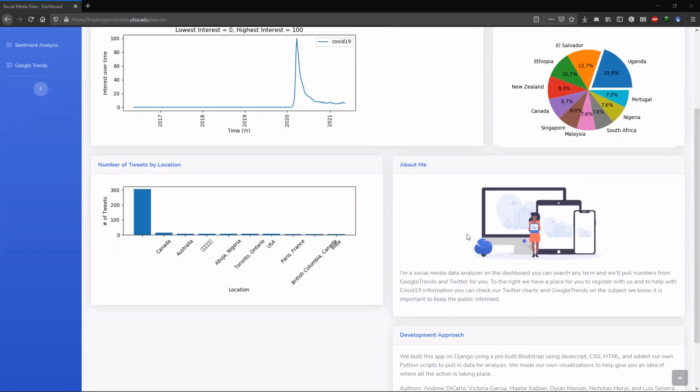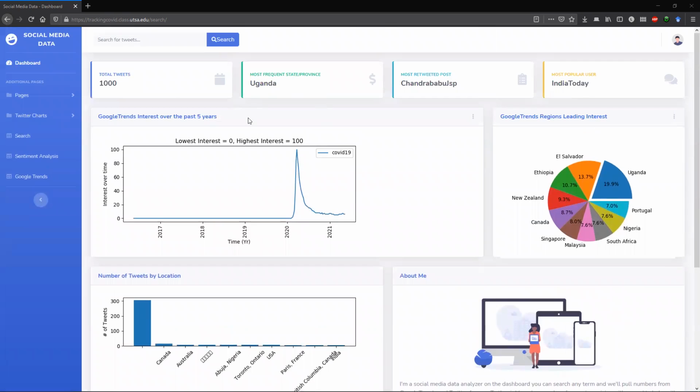All right, so thank you for that. And this is what Nicholas worked on. He's actually extracting data in real time. So that's a big accomplishment that he was able to do. And that makes it a bit complicated in the sense that we have to go through the whole pipeline of getting the tweets from the actual website and then analyzing it and then showing it here. So that was